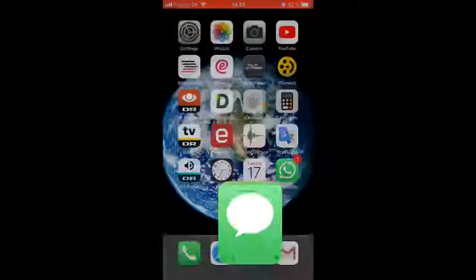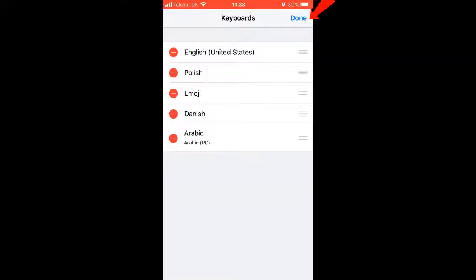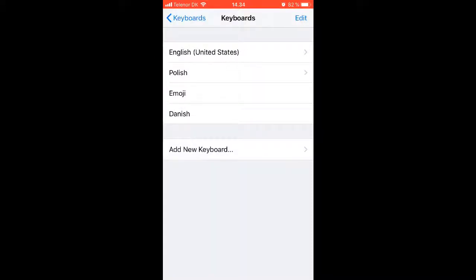If you want to remove a keyboard, go again to Keyboards, click Edit on the right top corner, and on the right side a Delete button appears. Tap on this button, and you have just removed the keyboard from your